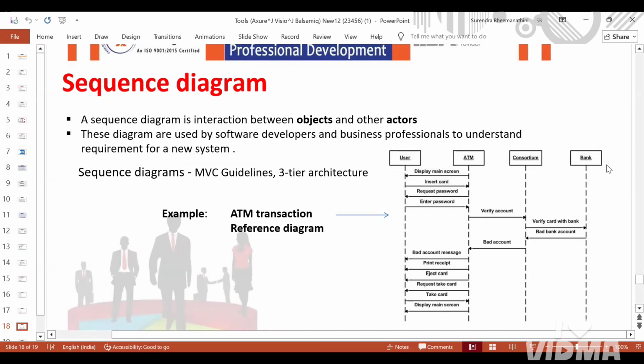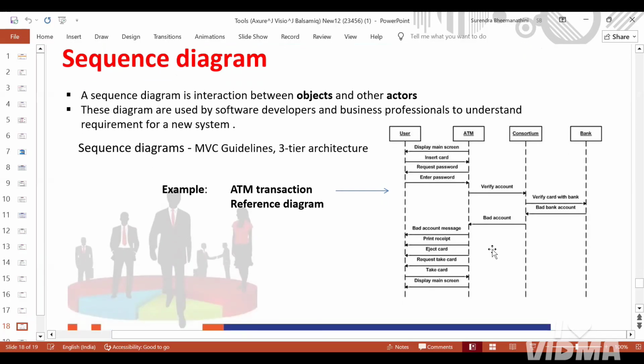And this consortium will be verifying the card with the bank, and the bank account will be showcasing to this consortium, and it will be showing to the ATM display, and the ATM display will be showcasing to the user. Then the ATM will be asking to print a receipt, and it will be ejecting the card and requesting the user to take the card, and the user will be taking the card, and the main screen will be